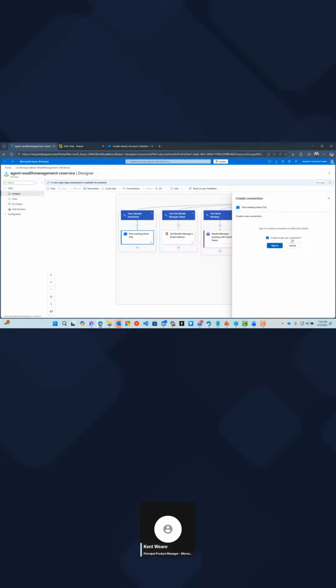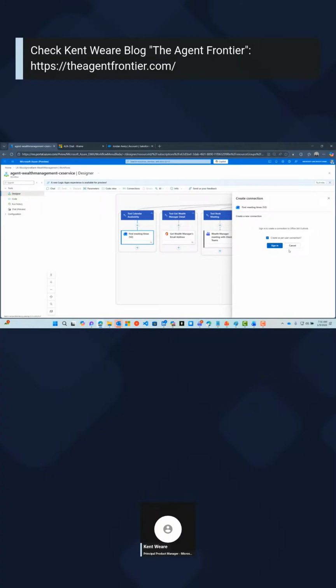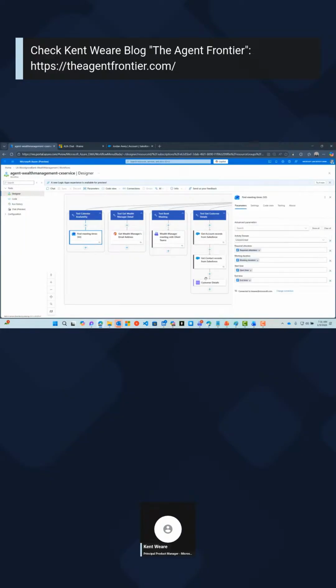When this is enabled, it will prompt the user for consent to use their credentials, so that when we're looking to find meeting times, it's in my chat session. I could have a colleague come and use this as well, and it would run in their session. So this is a pretty big deal and a pretty important capability to unlock.